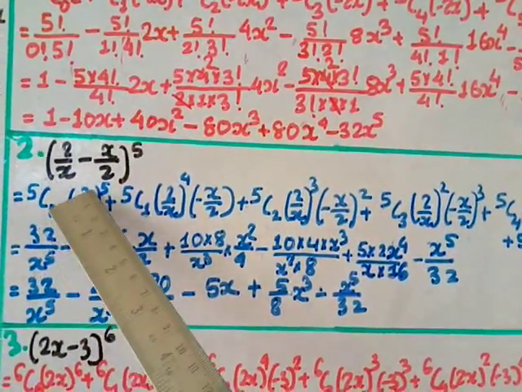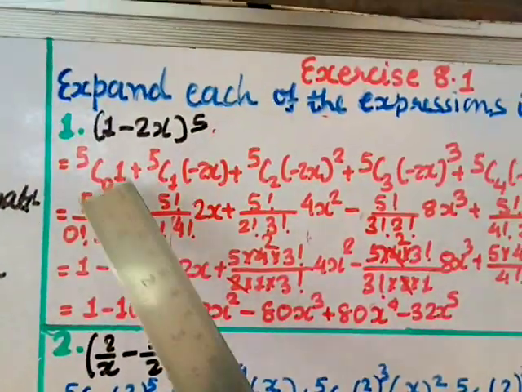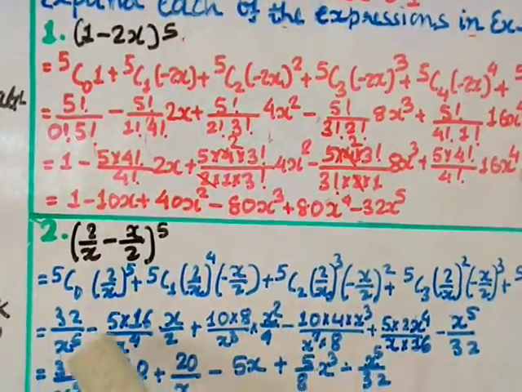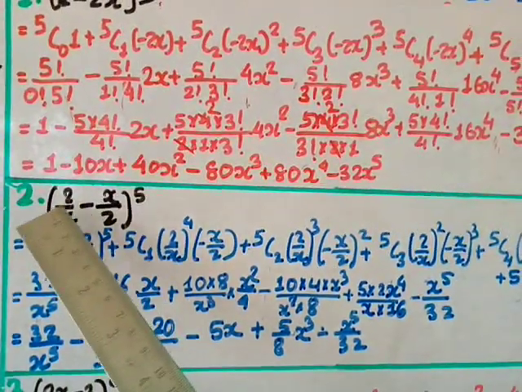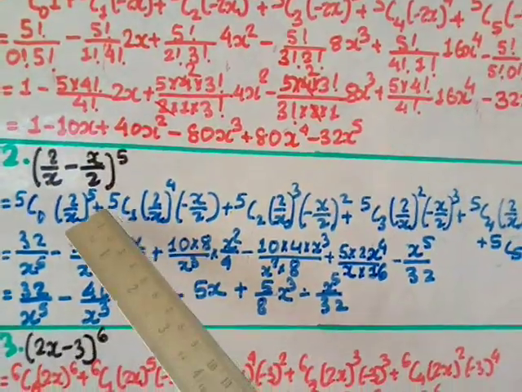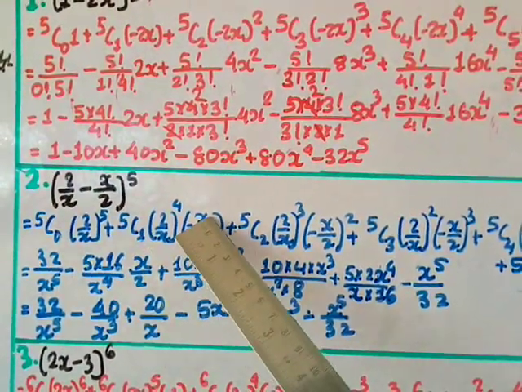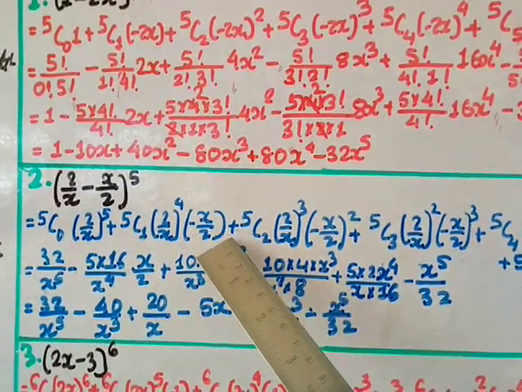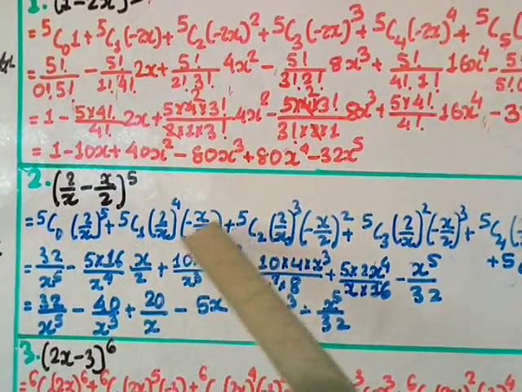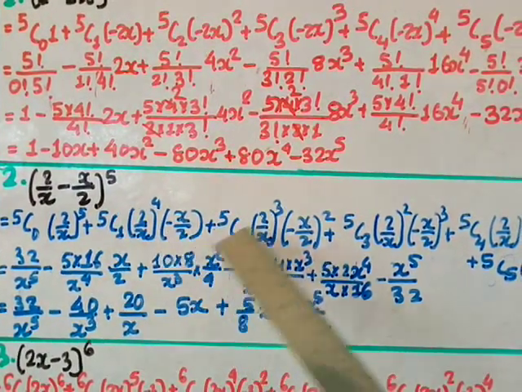So 5c0, first term, 2 by x power 5. Start with maximum power. Here I have not written the 1, because 1 power anything is 1. Remember that. Plus 5c1. Now this power will decrease by 1 and this will increase by 1. So here 2 by x power 4, and the second one is negative sign, so minus x by 2 power 1, plus 5c2. This decreases by 1, 2 by x power 3 into minus x by 2 power 2,